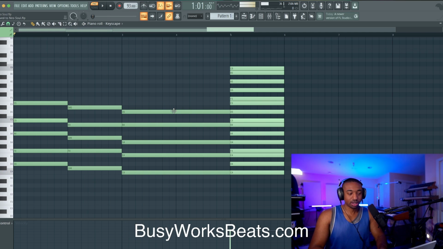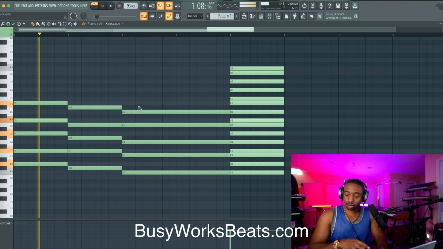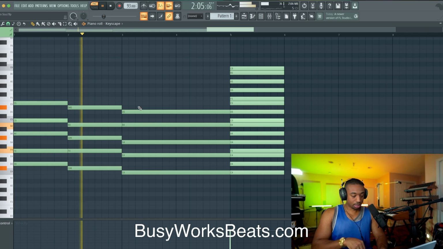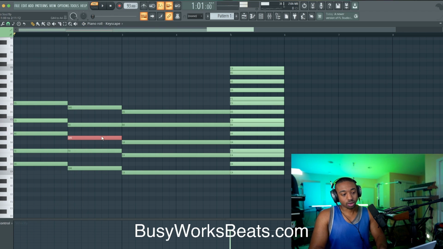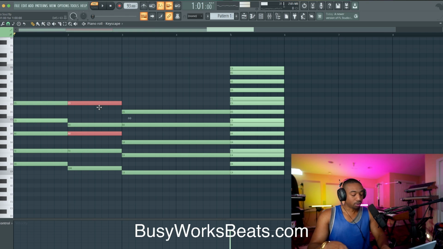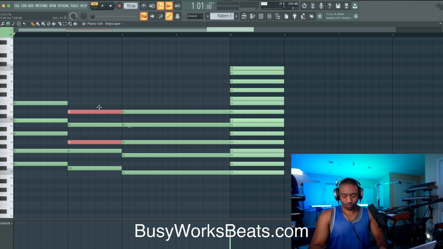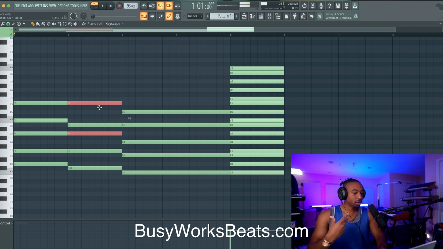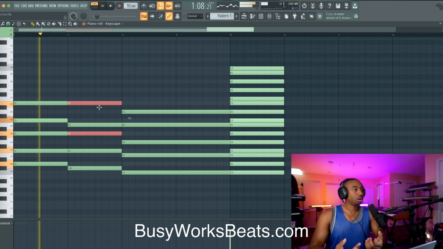You've seen this in other videos, and I've shown you this before, but let's move it to the next level, which is called altering a chord. For dominant chords, the cool thing is you can take the 5th and the 9th and move these notes around any way you want. You can pull them up, you can pull them down. That's called flattening the notes if you pull them down. You're sharpening the notes if you pull them up. It creates more of an R&B vibe when you pull them up.